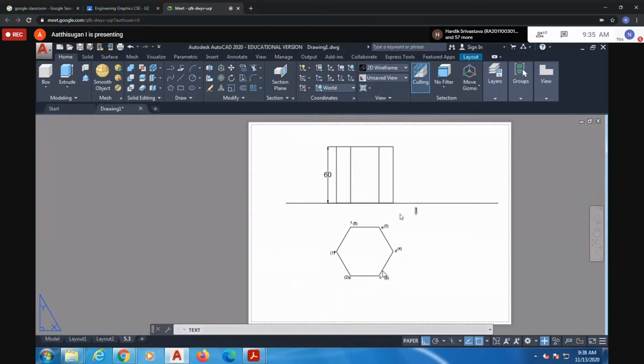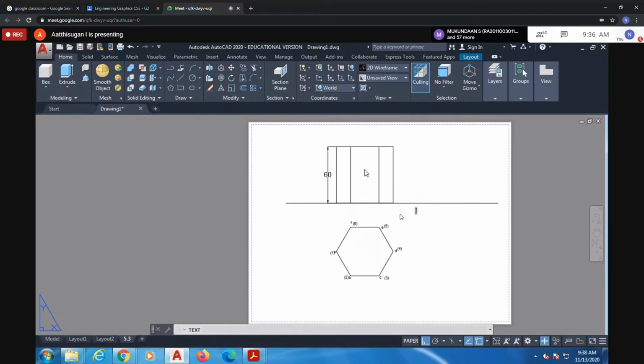For that, from this corner is visible, this corner is visible, this corner is visible. So totally 4 corners are visible. Only these 2 corners are not visible. That you have to draw within a bracket. That is labeled as F6, then E5, within a bracket. So that will be coming in front of you: F dash, 6 dash, E dash, 5 dash within a bracket.